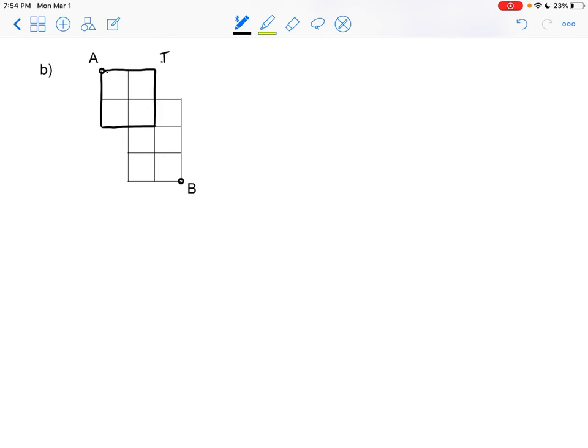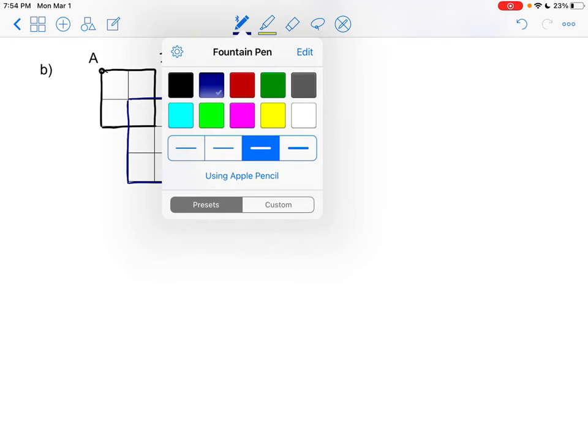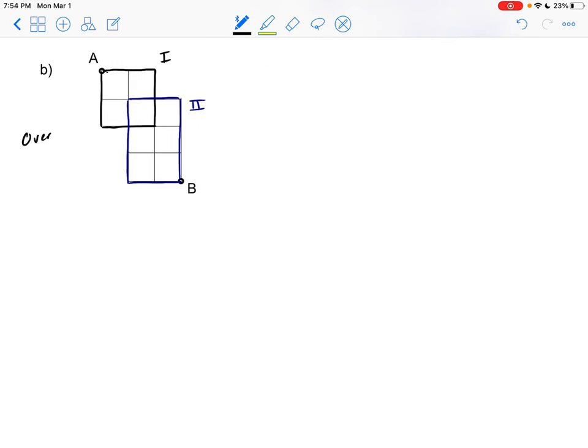Let's call that square 1. And then we have this square here. Call that square 2. So there's some overlap here. So let's look at how we can treat that. So let's first, and I'll put a point here,